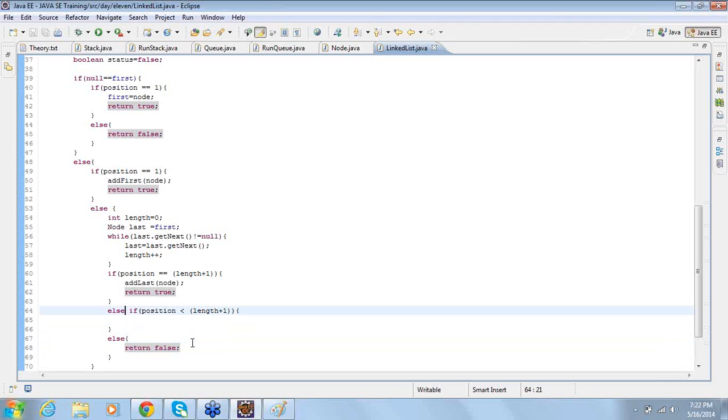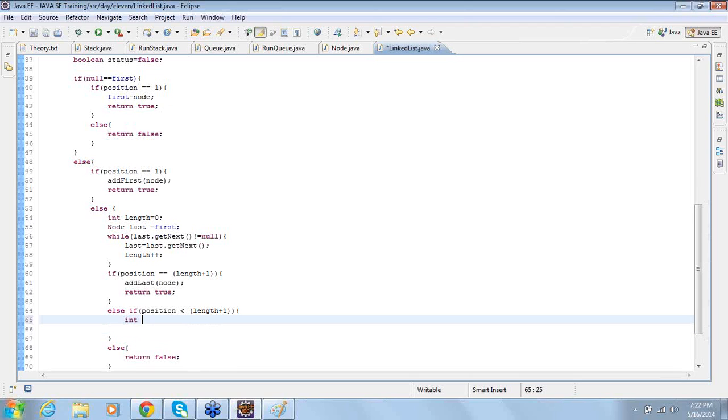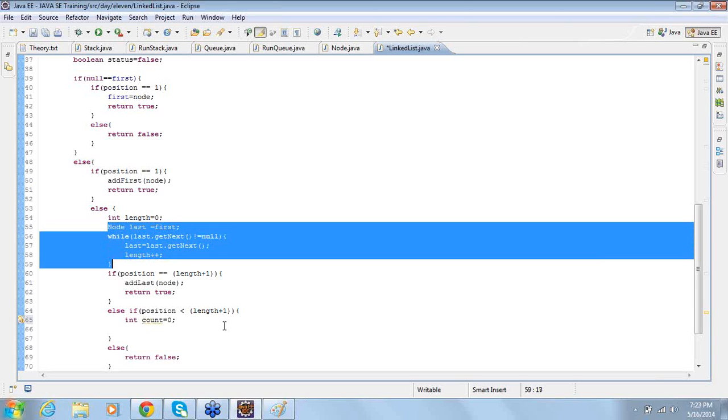Now when your position is less than length plus 1, suppose you have 5 elements and you want to reach the third position. How do you add it? Again you need to write a loop. So it is completely logical thinking, it takes a bit of time, right? So what I try to do is,